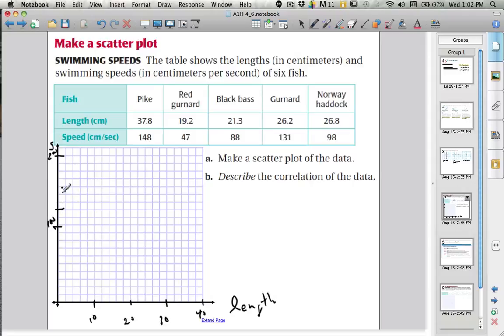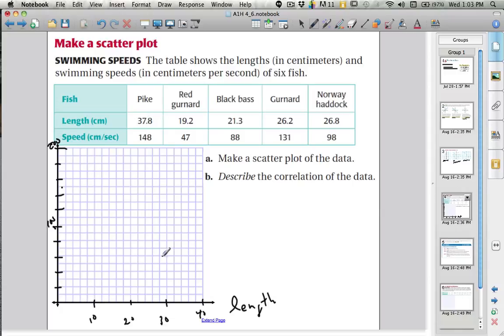And so then that's 20, 40, 60. Oops, did I make a mistake? 20, 40, 60, 80, I need to go up a little bit more. Let me make sure I'm doing this right. 20, 40, 60, 80, 100. 20, 40, 60, 80, 200. Okay, so now I've got my scale, and now we can sort of plot our